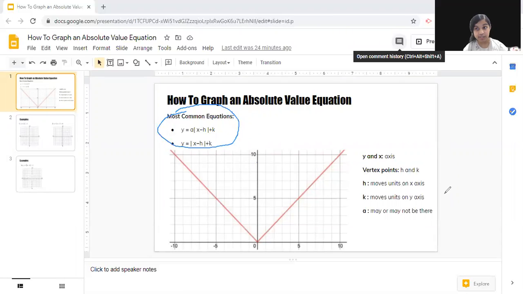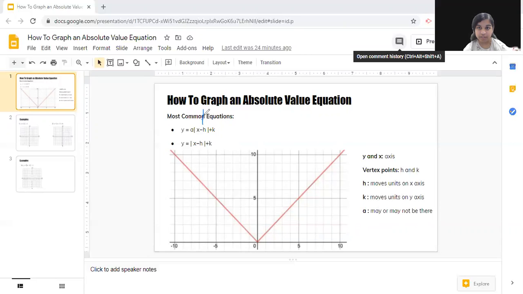Then we have the vertex points, h and k. These vertex points are usually y and x. So for example, the vertex point would be here of the line. But this is not the case in absolute value equations due to the shape. So for example, the h moves the units along the x-axis, and the k moves the units on the y-axis. So if we were to take k as 1, well, -1,